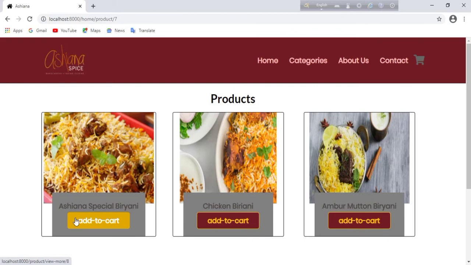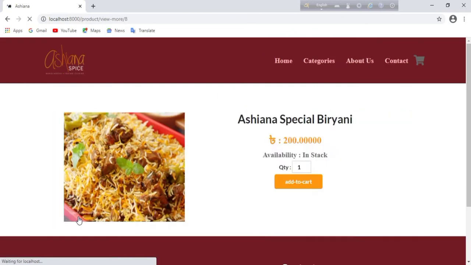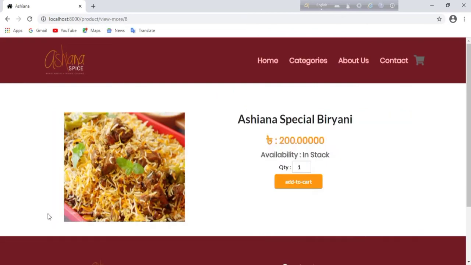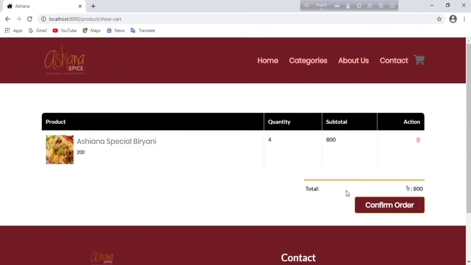When the customer clicks add to cart, it will show these food items' image and price. Customer can select the quantity of foods and get to know the total amount of food. Then add to cart and then click confirm order.